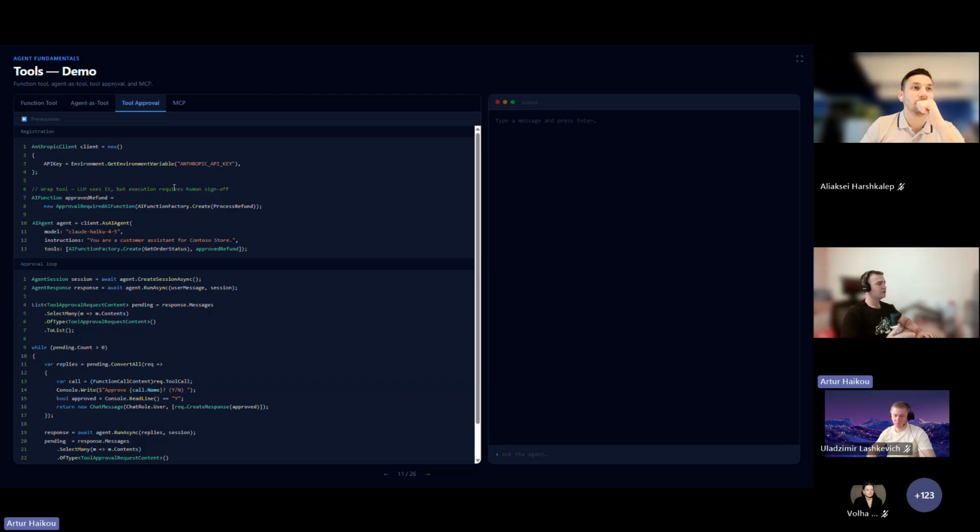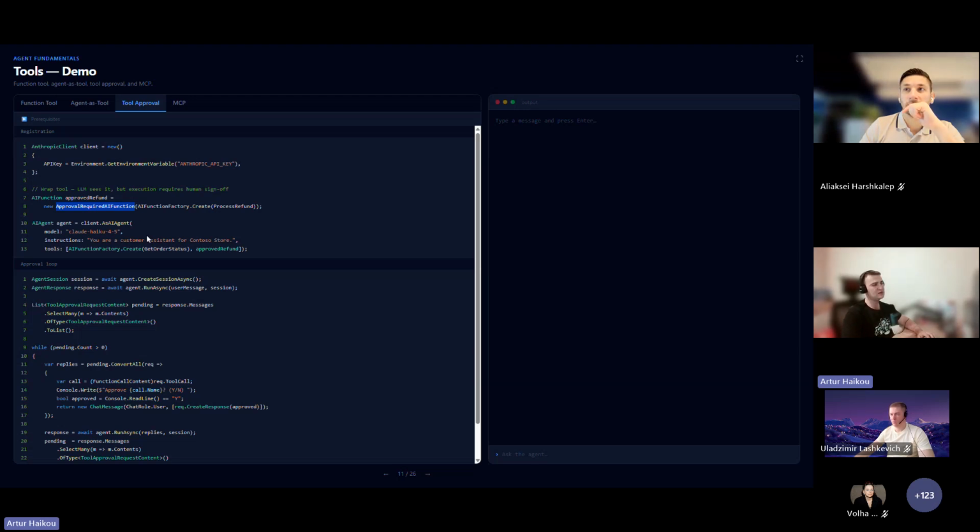And what you can do, we are going to do the same thing that we did before for the refund agent, but the main difference is that we need to wrap our function related to processing the refund in an approval required AI function, and that's all.